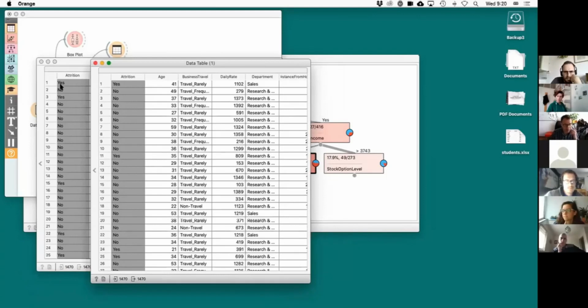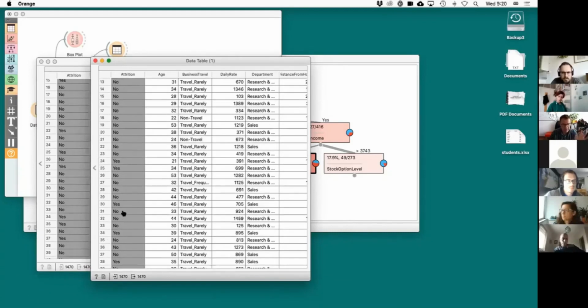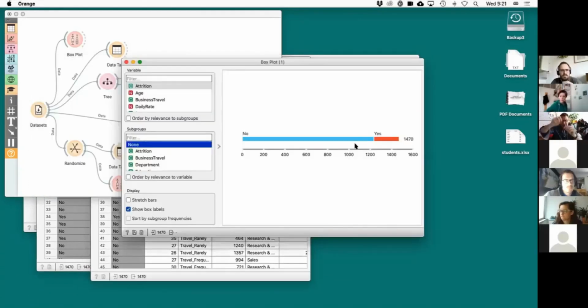So the first one is still yes, right? But the first one was yes, here is no, right? And the 11th one was before no and yes. So now all these labels are random. The labels have been shuffled, right? And I just reassign the labels, right? And by doing that, I really destroy all, I mean, if there was some relation in that data between the class and the other features, it was destroyed by doing that.